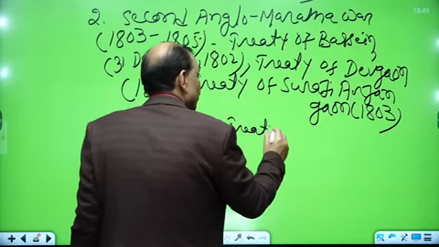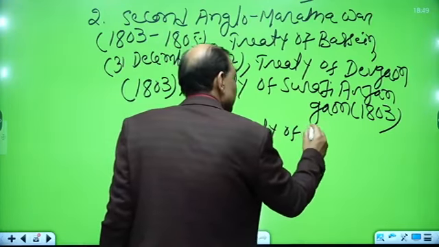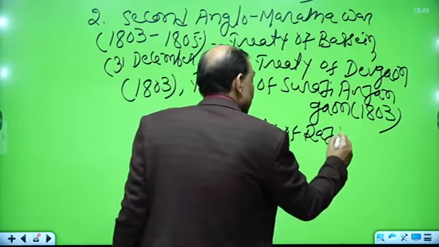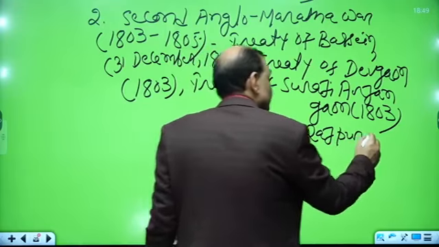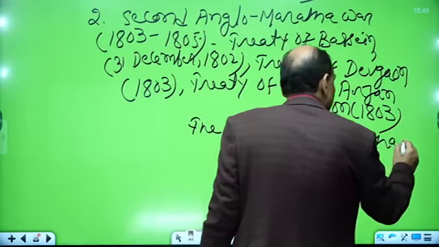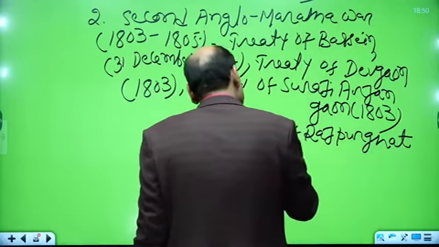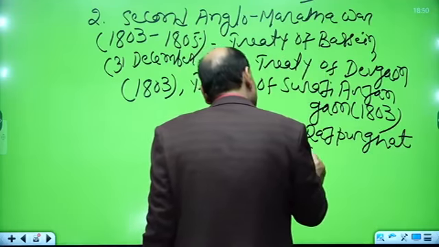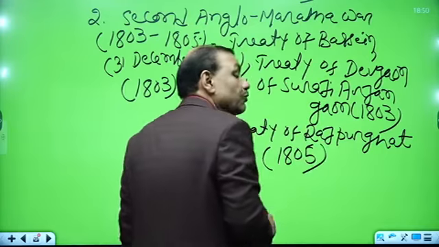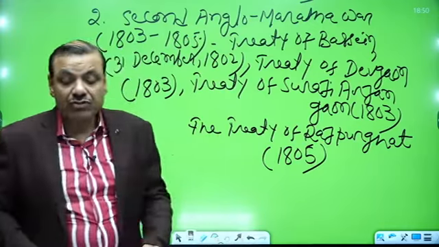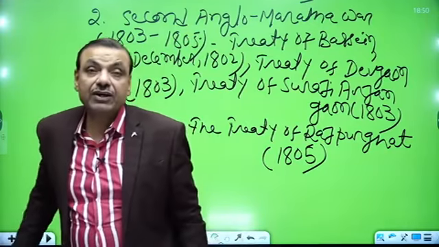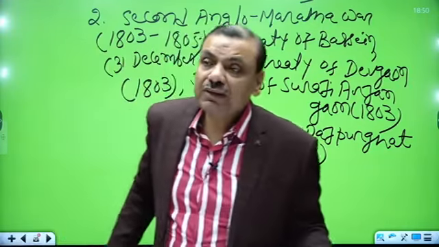the Treaty of Rajpur Ghat. This is in 1805, and this treaty had to be signed with Holkar. So my students, I have to brief a story about the Second Anglo-Maratha War, because it was during this war,